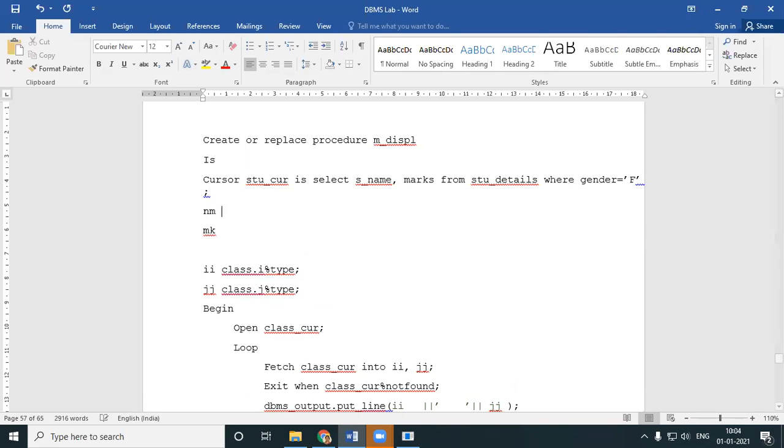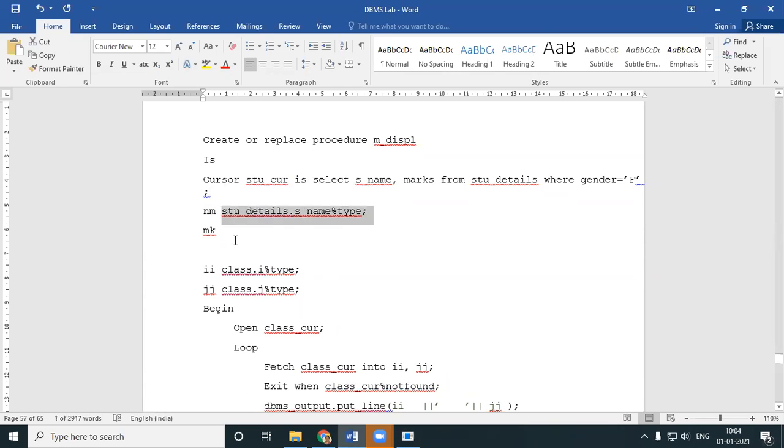What is the type of name? It is in this student details table. I'm not very sure of the type, so let it take whatever type is there in the table. The same way, S underscore name type.